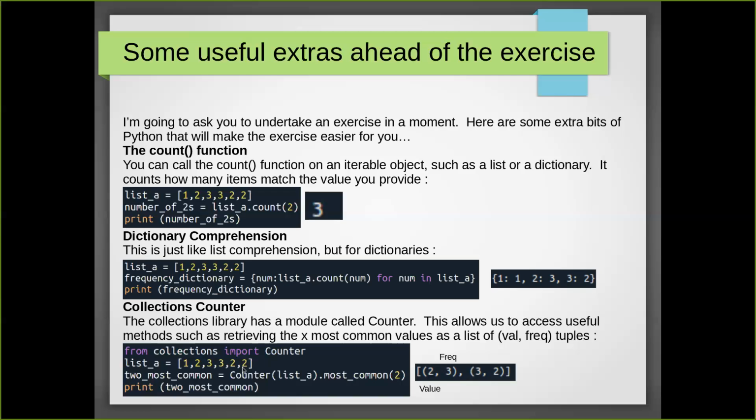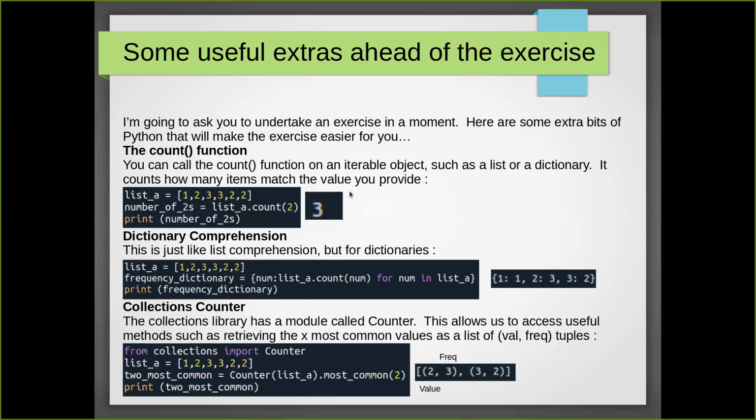So if I call that on its list, we can see just by glancing at it, the most common value is 2, because there's 3 of them. And the second most common value is number 3 because there's 2 of those. And so that's what it's returned. It's returned the value 2, which has frequency 3, and the value 3, which has frequency 2. They're the 2 most common elements, the values 2 and 3, and these are the frequencies of those 2 most common elements. So these 3 things you will probably find quite useful in your general Python programming, but you will